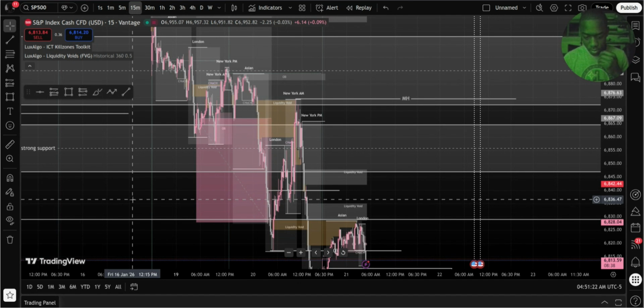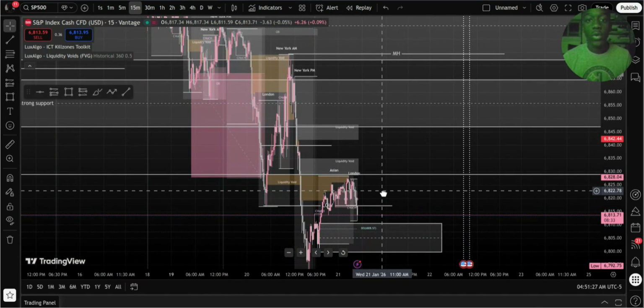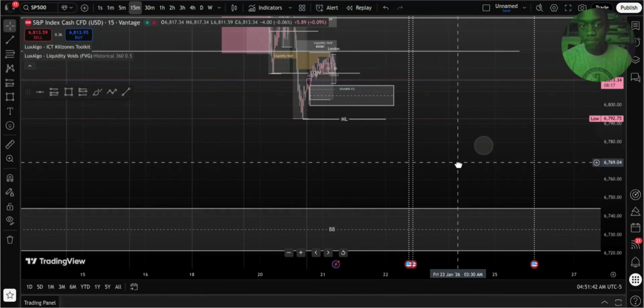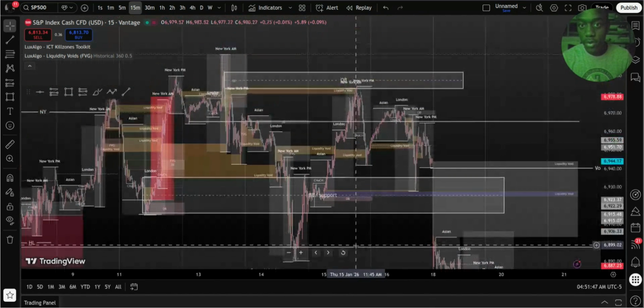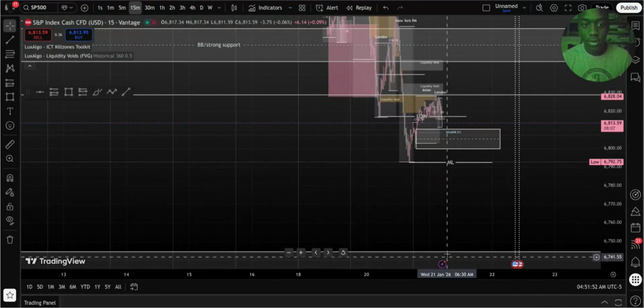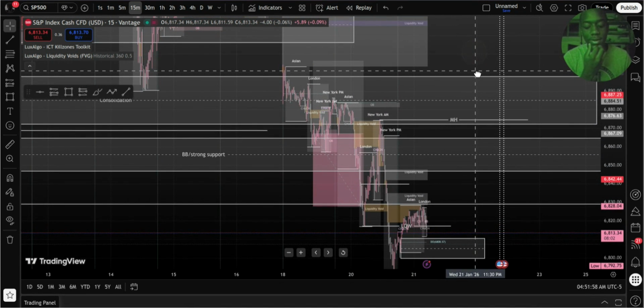So here's the deal. We gotta think of where price wants to go long term. We gotta think of long term moves, not short term. Long term, price wants to come down here to this BB. I don't know if you guys saw my last video, but that was literally my trade setup to sell here and go all the way down here. But obviously that type of move can't happen in a day,